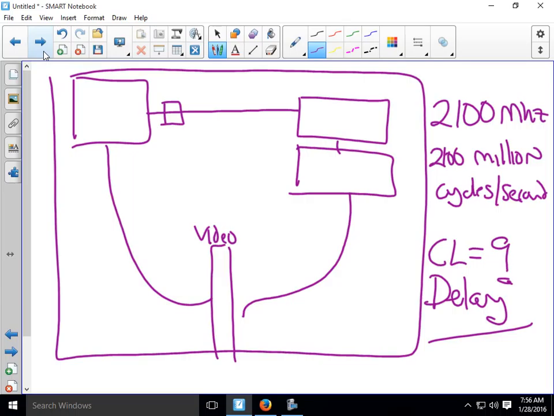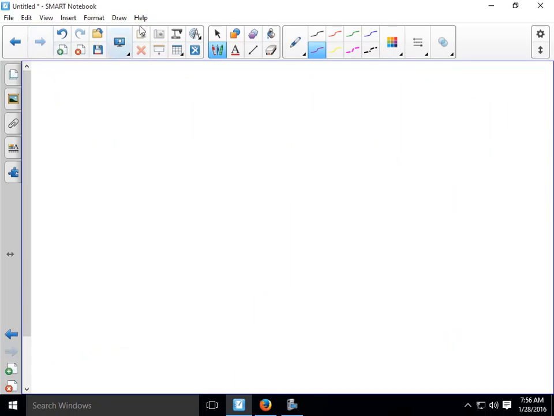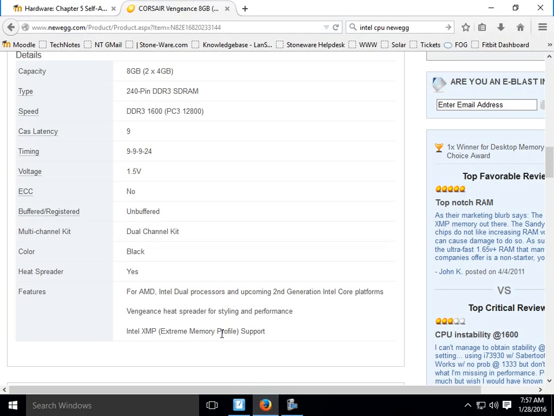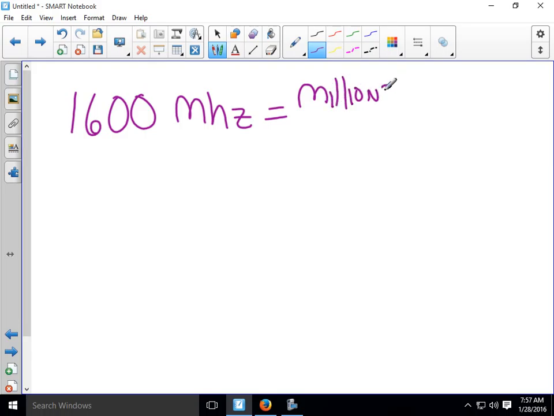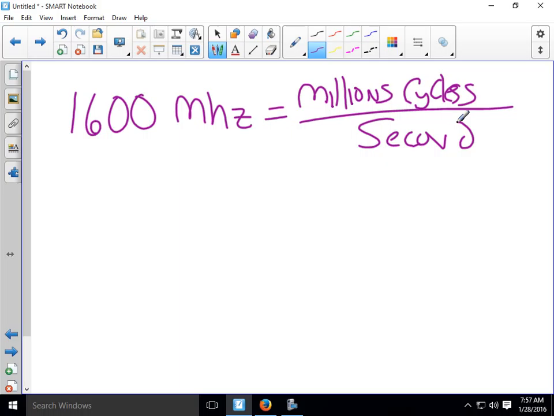So if I wanted to know the speed that it writes the RAM, the actual speed that it writes, let's use the one we're looking at. It's going at what speed? What megahertz is this one going? 1600, okay, and we've got a latency of 9. So we've got 1600 megahertz, which equals millions of cycles per second, okay? And we've got a CAS latency, which equals 9